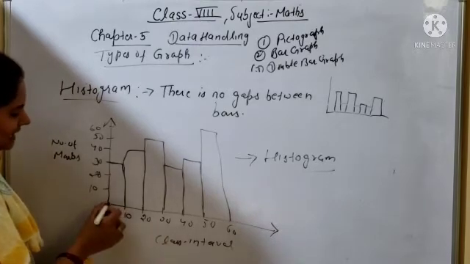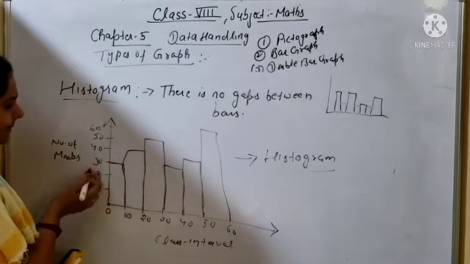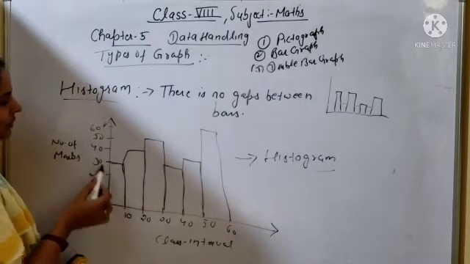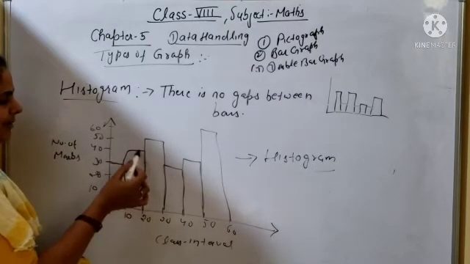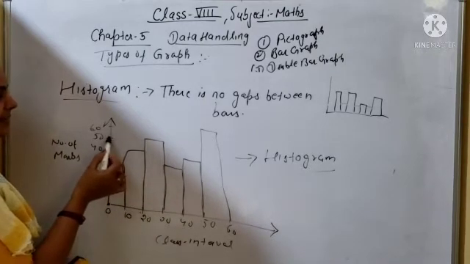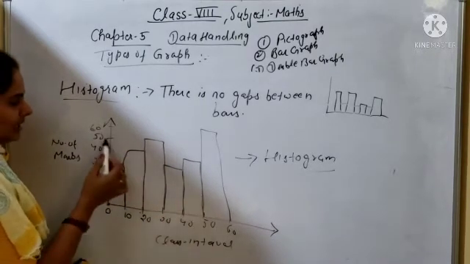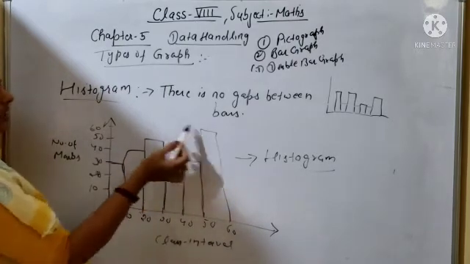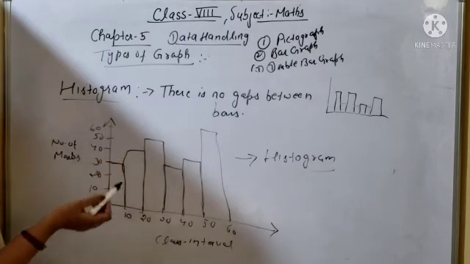Okay, you are using 0 to 10. How many students are getting marks in between 0 to 10? 30. In 10 to 20, how many students are getting the marks? 40. In 20 to 30, how many are getting the marks? 50. 30 to 40, 60, sorry, this one, 40. 50 to 60. So here it will be 70, like that.